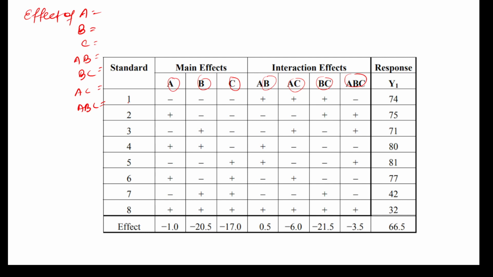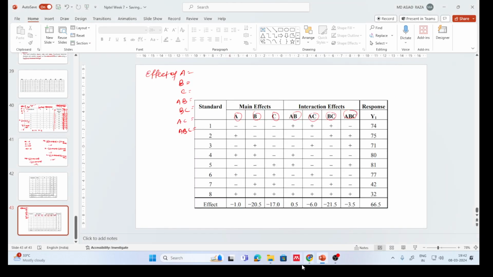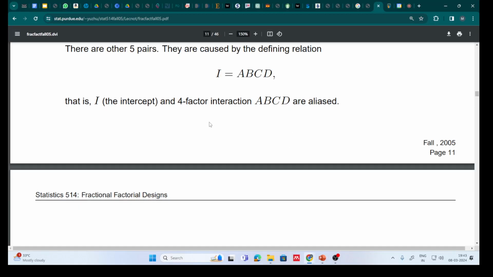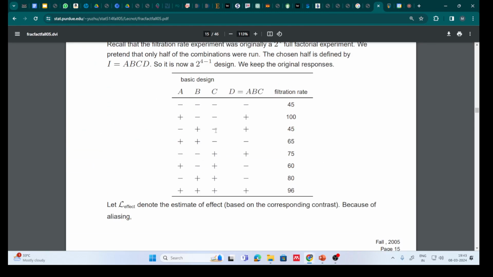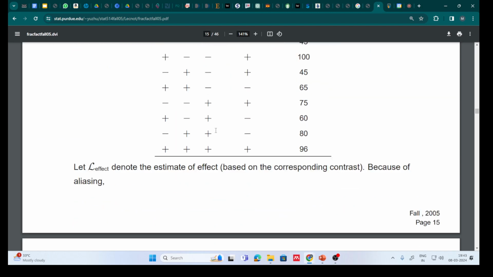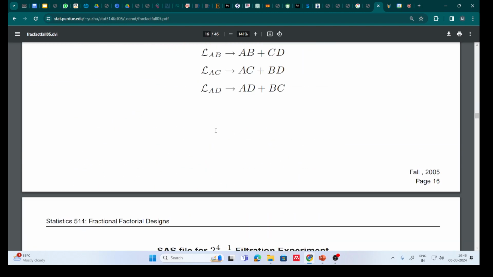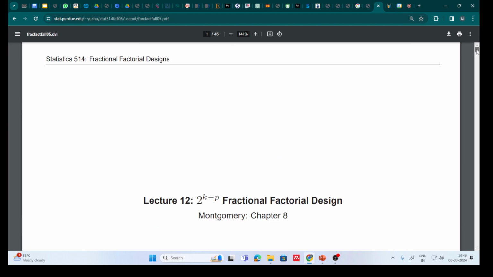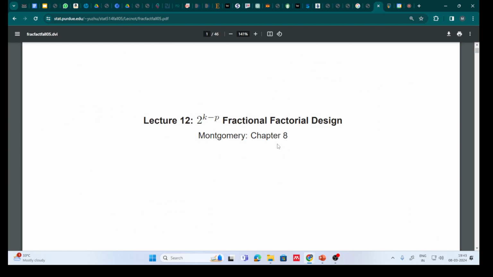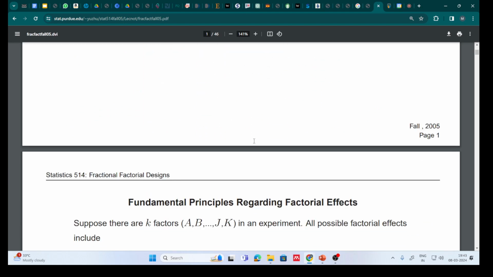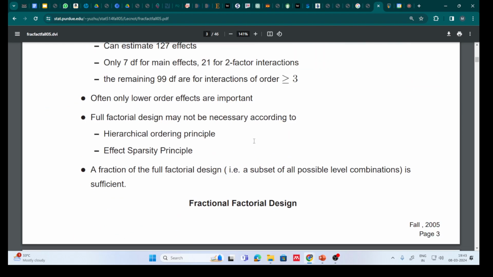If you want to do one more, there is a fractional factorial design problem with some examples. If you want, I'll keep it in those slides and you can go through that. Yes, I'll keep this in that fractional factorial design. It will always be the same. The only thing we have to find out is the alias effect,